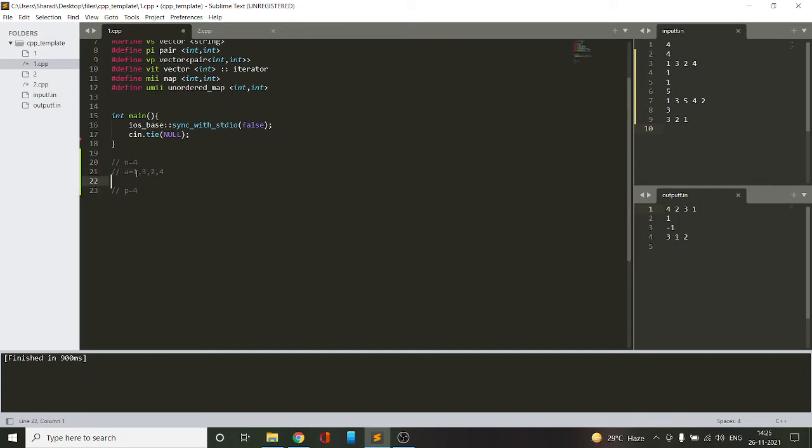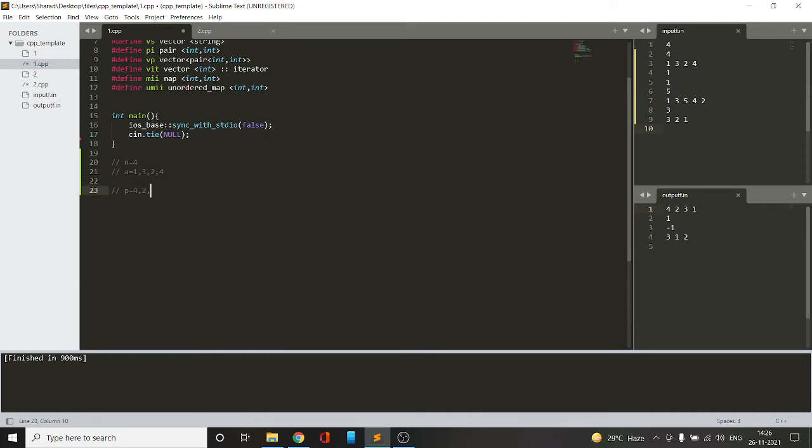In a, 1 is the first element, so 1 must be present at the last of p, so that it is popped first, because we can compare 4 and 1, and then we can add 1 to a. And similarly 3 must be present at the second last index of p, so that we will then compare.